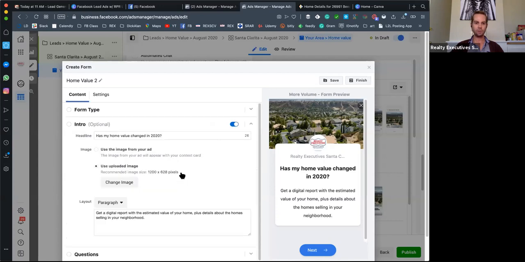So your intro, I have, how's my home value changed in 2020? There's a headline. And like I said, all of this text is going to be contained inside of that PDF that I shared with you already. So you could use the image that's already from your ad. I just uploaded a different one, cropped already, because with that photo of the person, it just kind of got in the way a little bit. So I just resized it a little bit, but that's going to be up to you